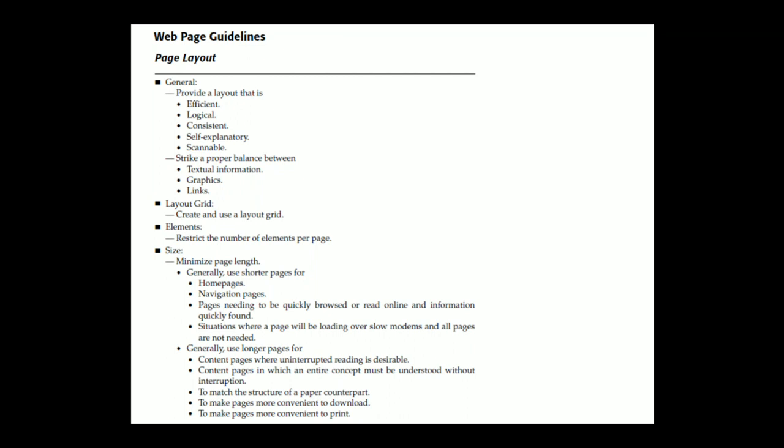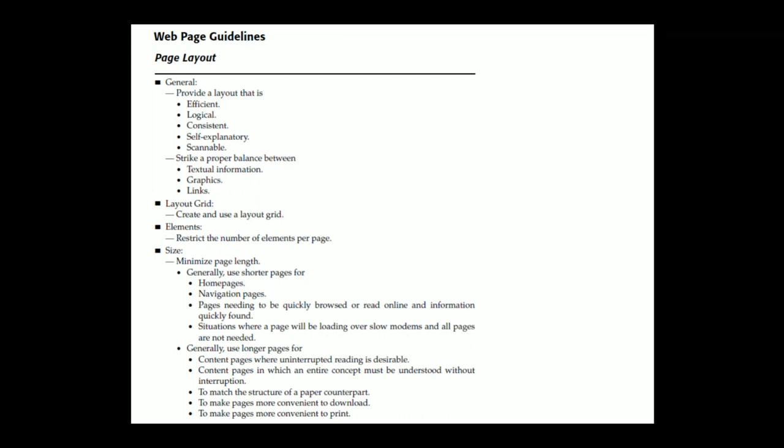Moving on to placing elements on the web pages. To keep a page simple, restrict the number of distinct functional elements on a page. Elements include things like title, the navigation bar, and textual links listing the major site areas, textual content, graphics, and footer. The more elements on a page, the greater the competition between the elements for a person's attention. That is, too many elements will eventually overburden the user's information processing system.